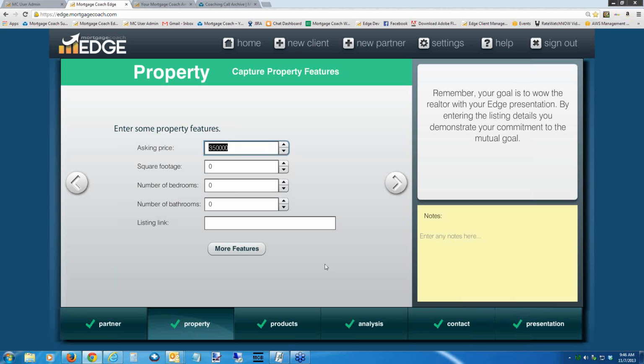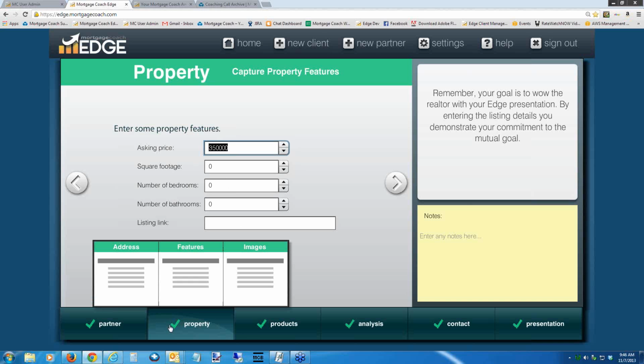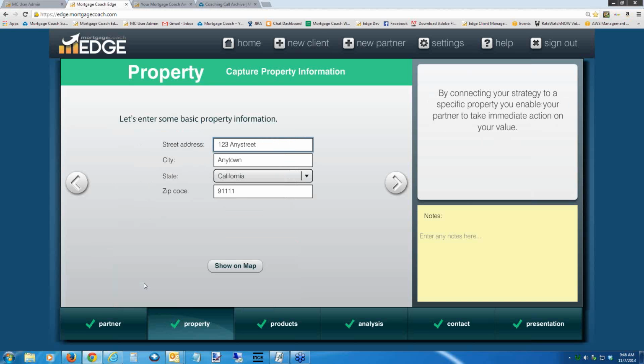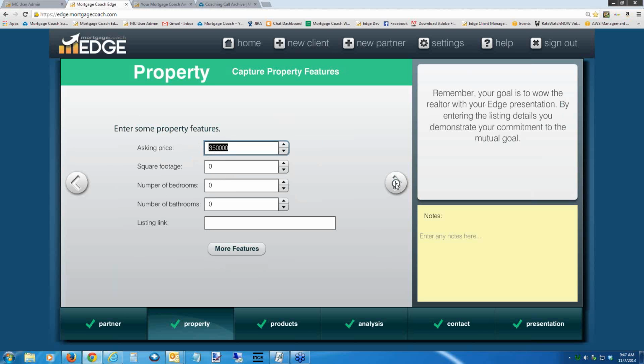So when you're filling these out, you'll notice I skipped this area when I went through it, because I'm doing a seller buy down and it's not going to have all the property features on it. But if I also wanted to do an open house flyer for this, I would need to fill out this information. This is all under the property tab, and the first field in the property tab is just the address. But after you've entered that and hit the right arrow, this takes you to the property features. So this is where you can put in things like the square footage